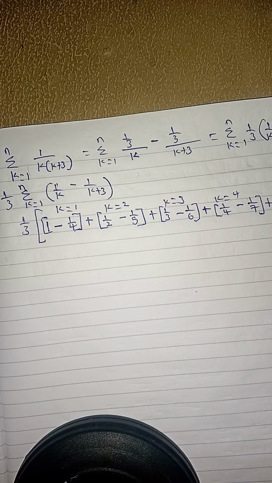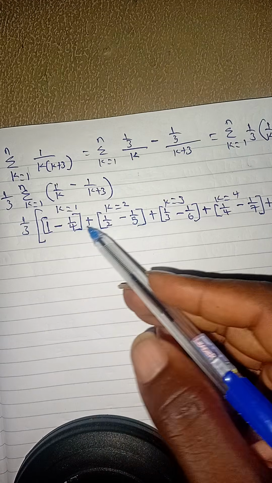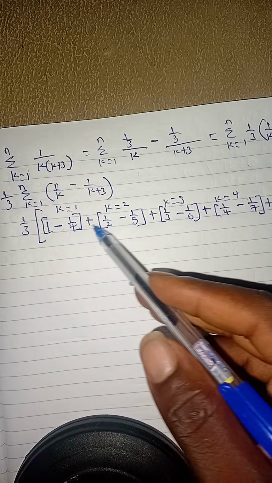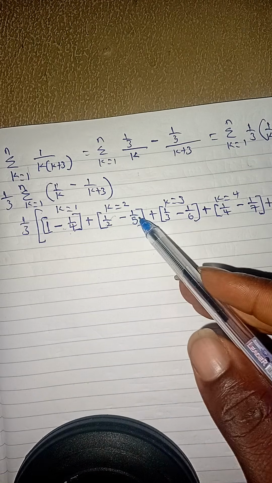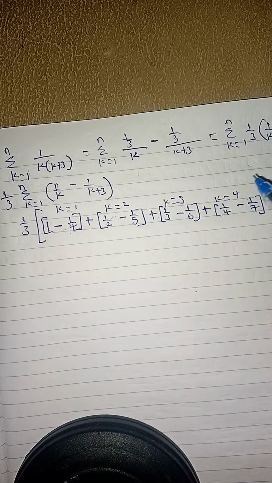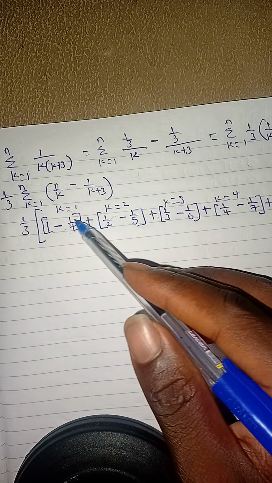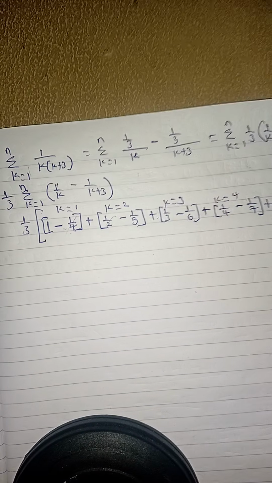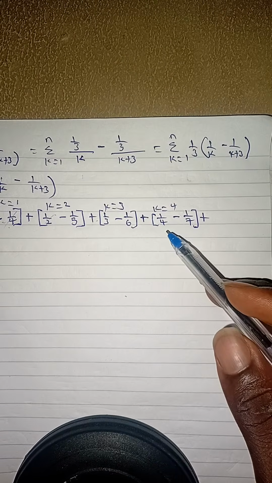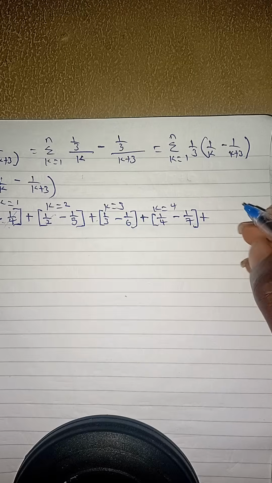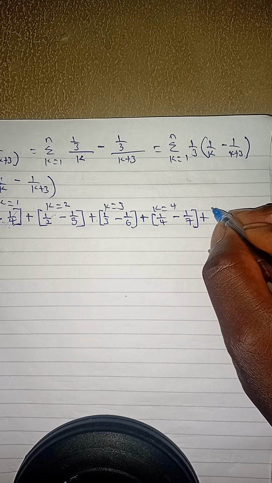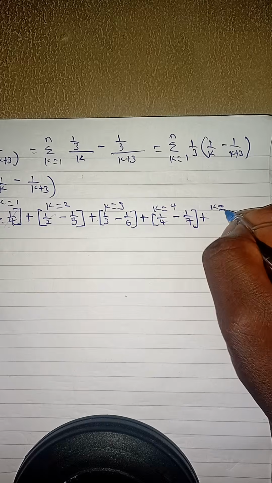Do you know why I still write 4 and I didn't skip? Because if I check everything, nothing here can cancel this. They are not the same. So nothing has cancelled out. If I notice that nothing will cancel out yet, I still keep on writing it before I start skipping steps. But when I get here, I notice that 1 over 4 can cancel minus 1 over 4, so I may decide to skip terms since something has started cancelling out. But before then, let me just add one more to make everything easier.